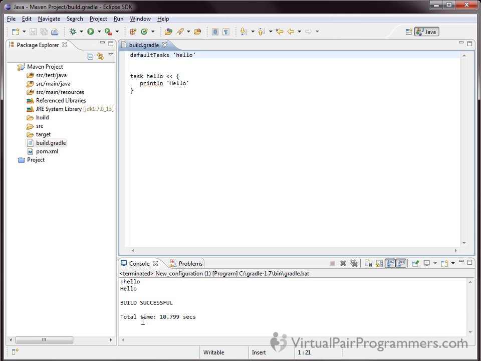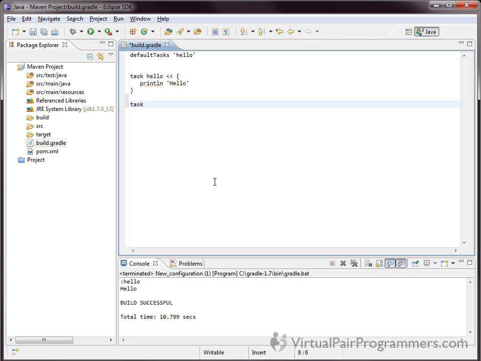But hopefully the same is happening for you, that we're now getting that task running by default. So as I mentioned, we can have more than one default task in this list at the top. So that gives us our first clue as to how we might sequence tasks together in a build. This is just one way of doing it, and it's certainly not the most elegant way, but we could have